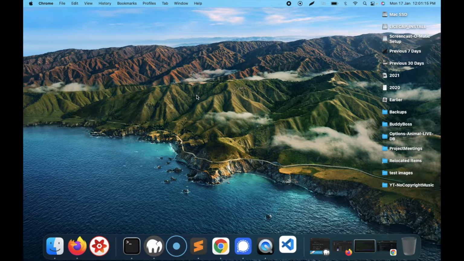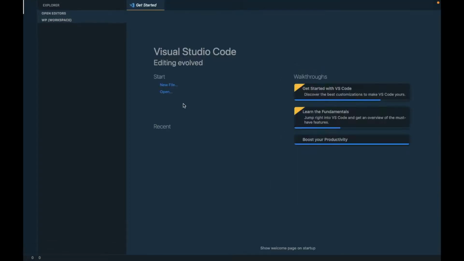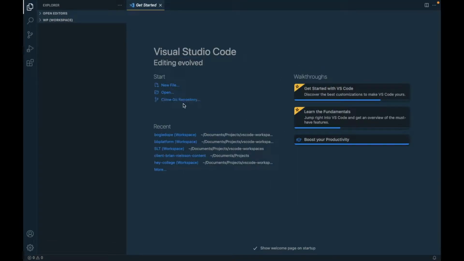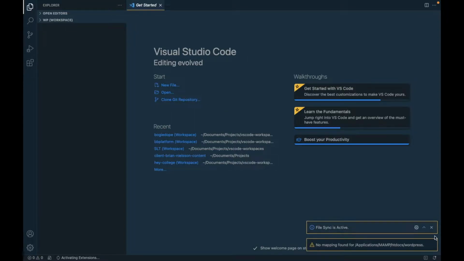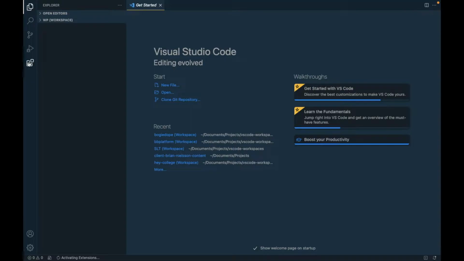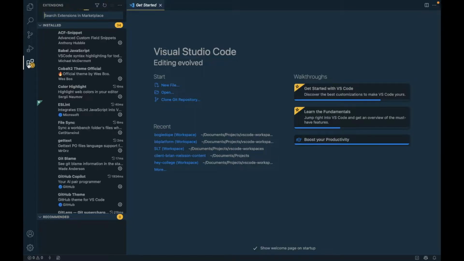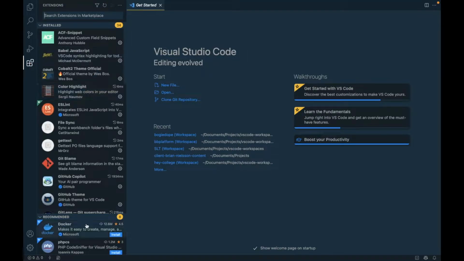I'll launch the VS Code. And then I will go to extensions. Extensions are kind of plugins to the editor which provide several functionalities which this editor doesn't provide. So people around the world create those extensions and provide them to use in VS Code. So let's start with